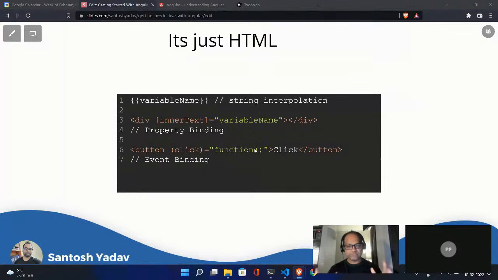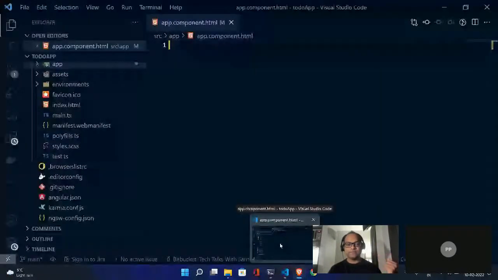And this is what this technique or this templating engine will let us do. So let's go ahead and render or display some information on the page. So let's say I have a name to display.